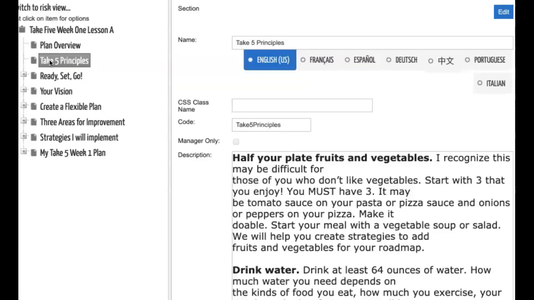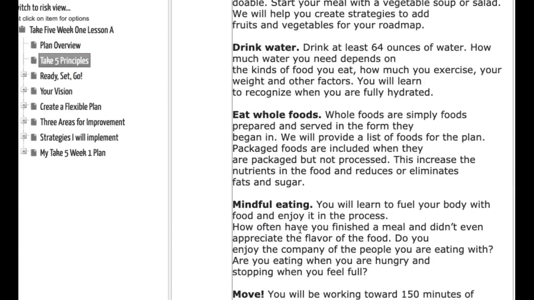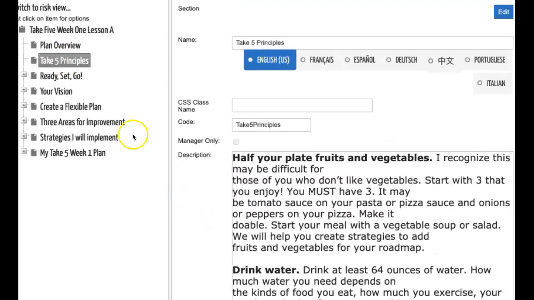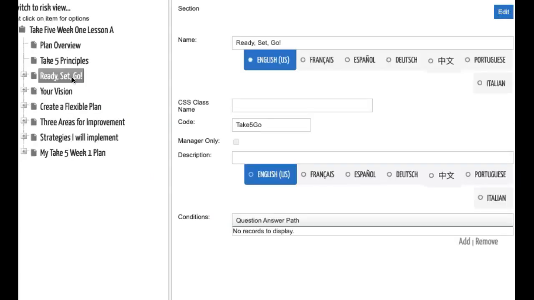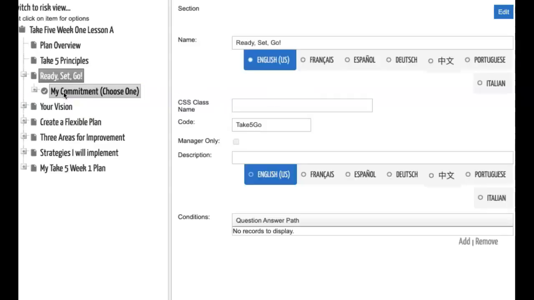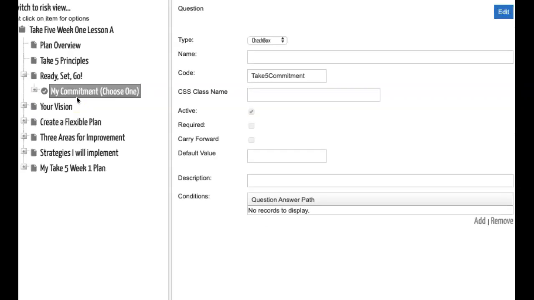Next, she's got our next section, which would be the Take 5 principles. That was all on one PDF form that I had given her. Ready, Set, Go looks like she's got some additional spots in here. So the Ready, Set, Go is a section, but if you go on the plus bar here, you can see that that's where she's got her first question, and the question that she has posed to the participants is going to be